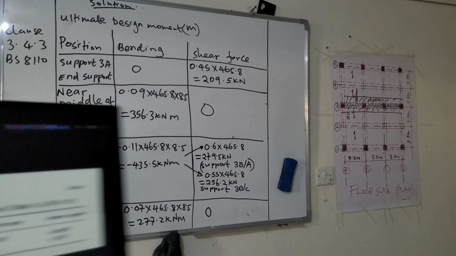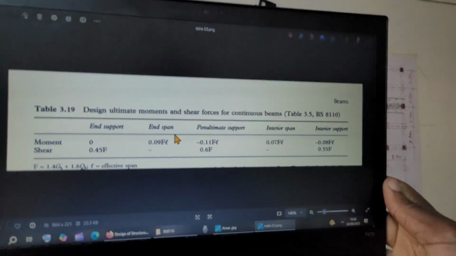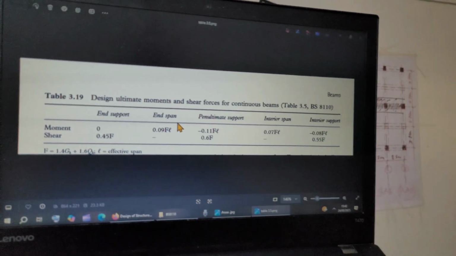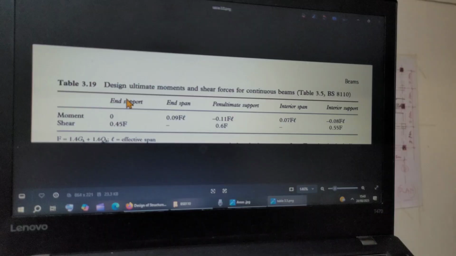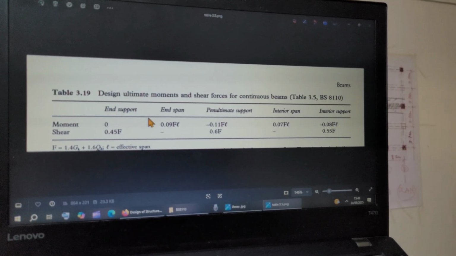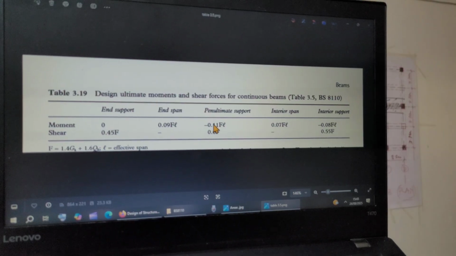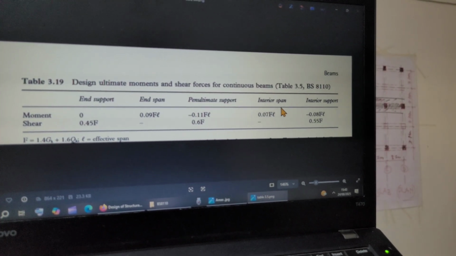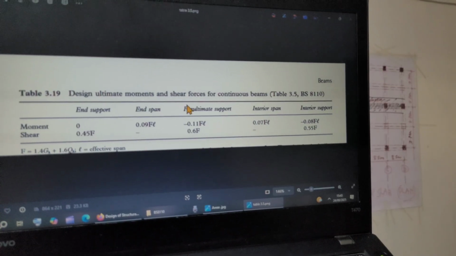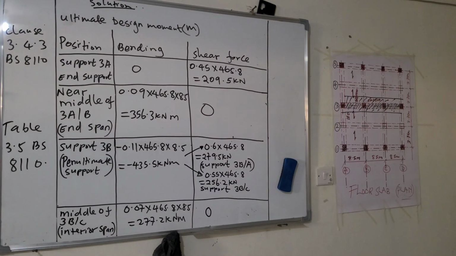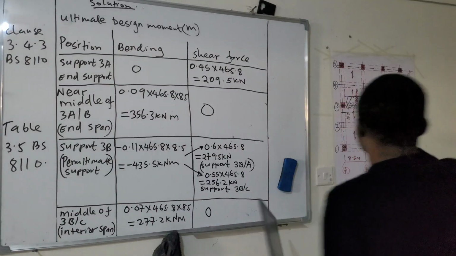So this is table 3.5 of BS 8110. As you can see, you can follow the movement of the cursor. You have the end support, end span, penultimate support, interior span, interior support, and then you have the moment and the shear. So since we are designing this beam,